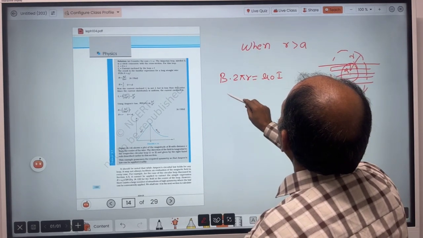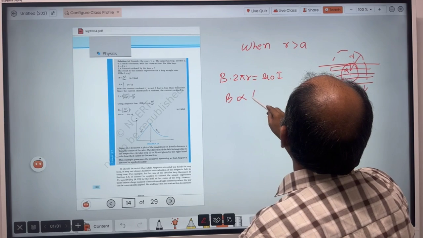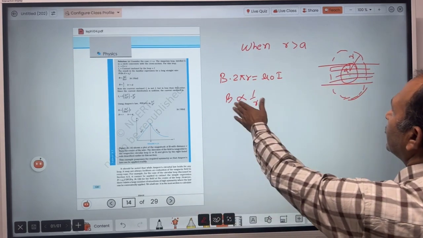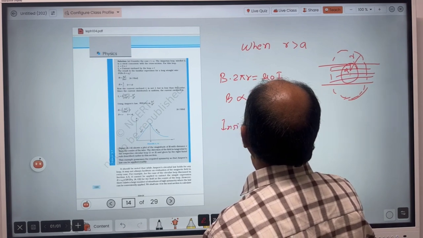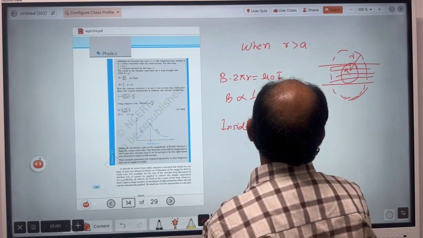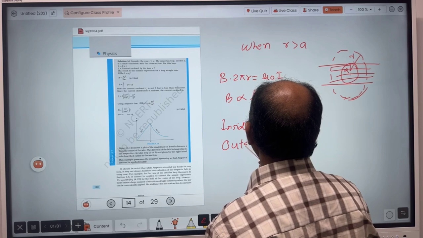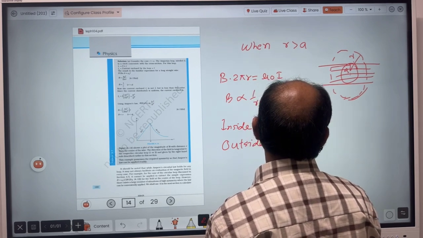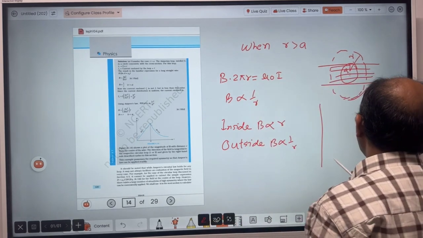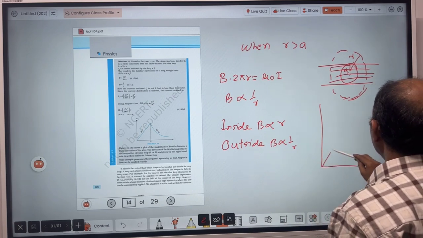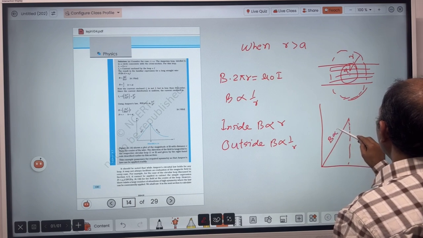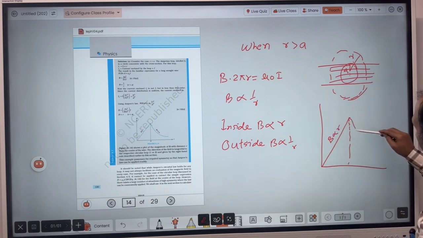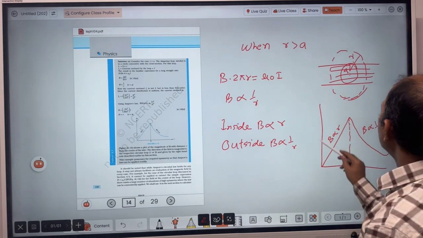From here, B is proportional to 1 upon r. So outside, this is the situation. So we have got inside B proportional to r and outside B inversely proportional to r. If we plot the graph in a combined way, we will reach till here where B is proportional to r, and after that the graph will be like this. Here B is inversely proportional. So you have understood